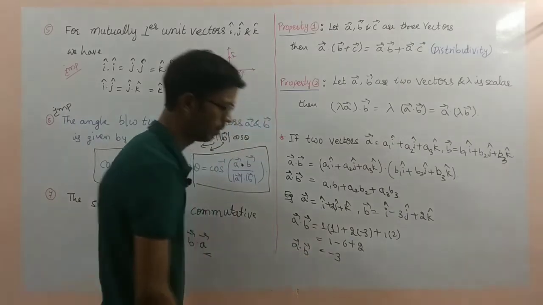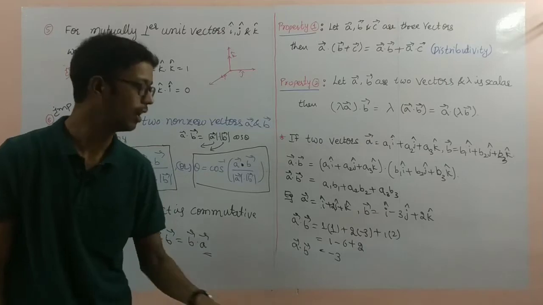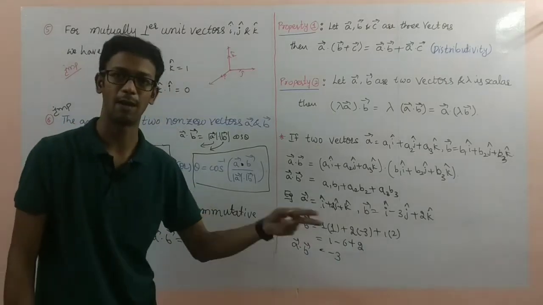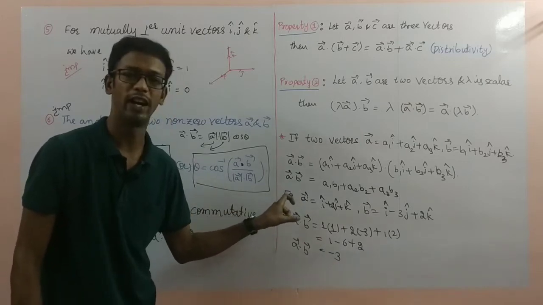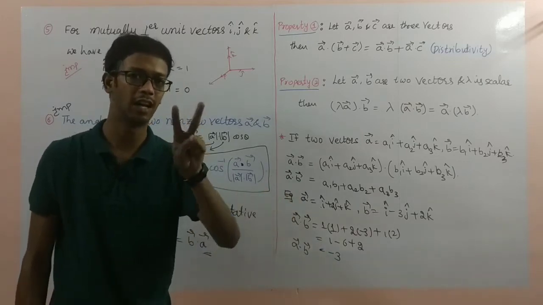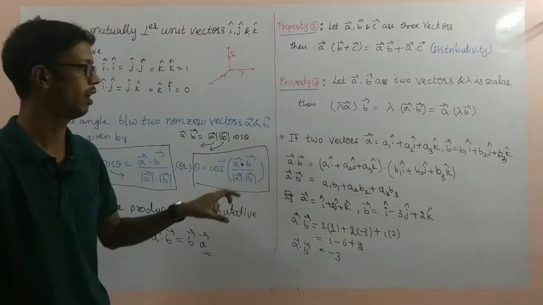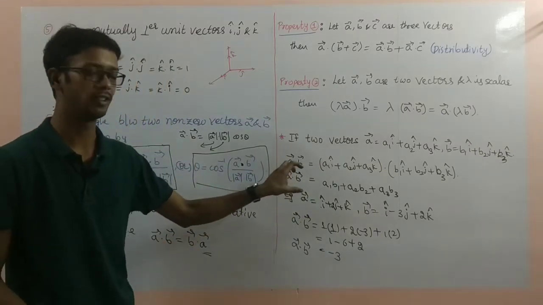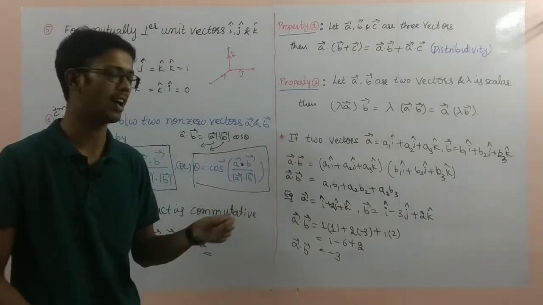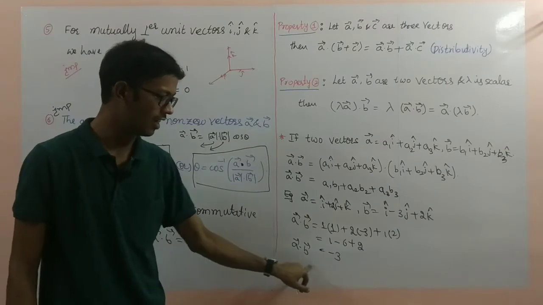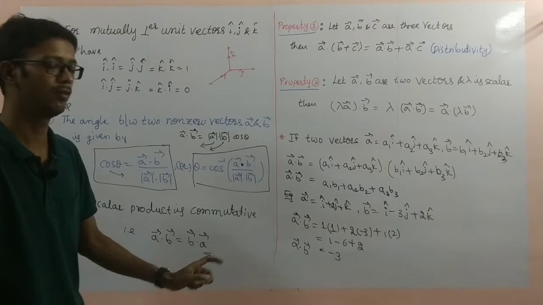A bar dot B bar. The dot product should be a scalar or real number. A real number is nothing but plus or minus, you will get. So we are getting a negative value. So this is the way of finding the dot product when they give two vectors in component form. This is the important concept of scalar or dot product. The result value should be a scalar or real number. So pause the video to note it down.